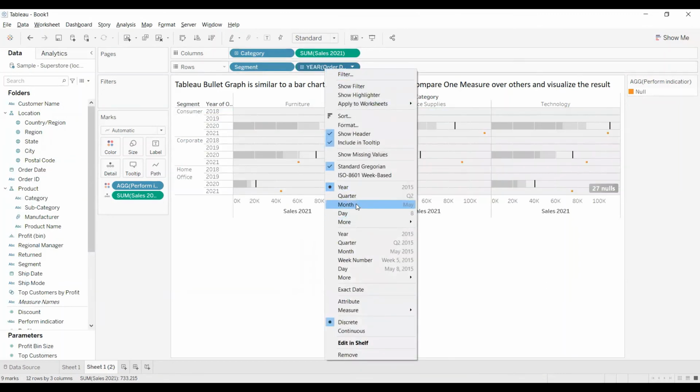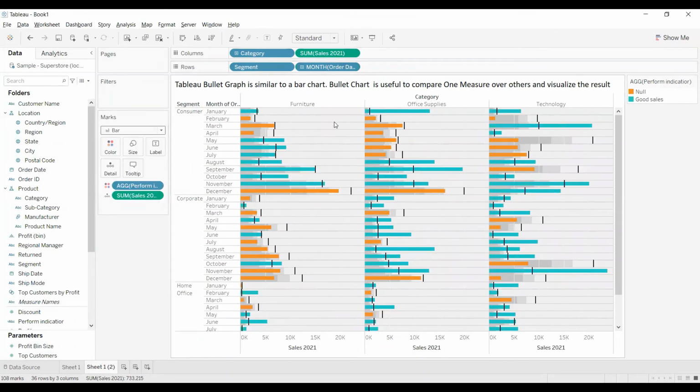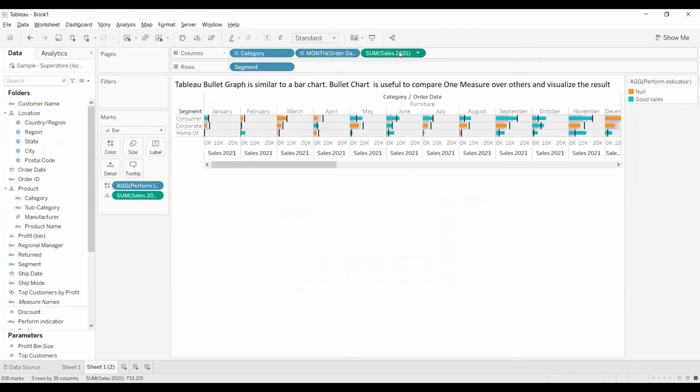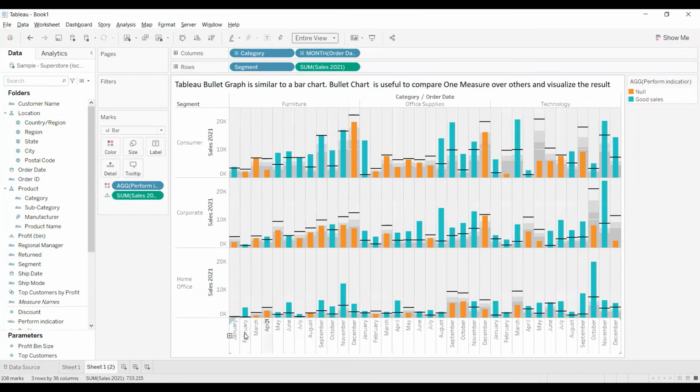So I'm taking it as month and changing this automatic to bar. Now you can change it with respect to this, and change it to entire view. So January, February, everything. Now we are seeing at each month level.